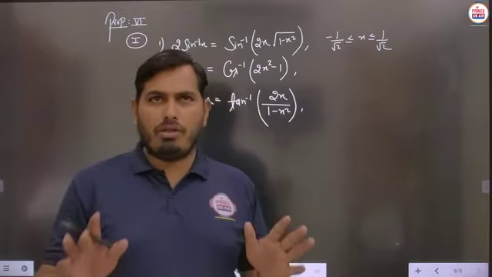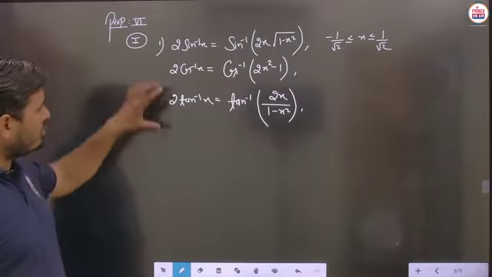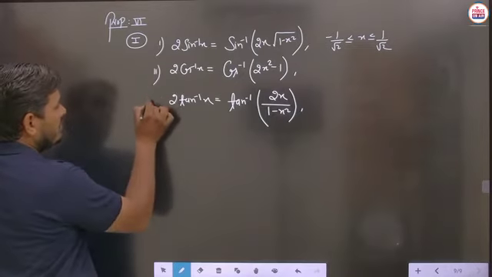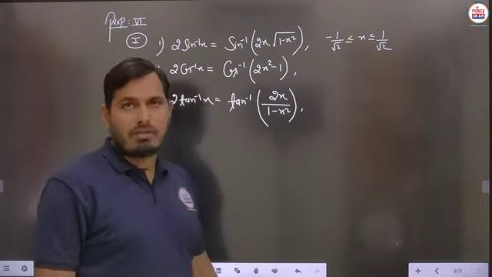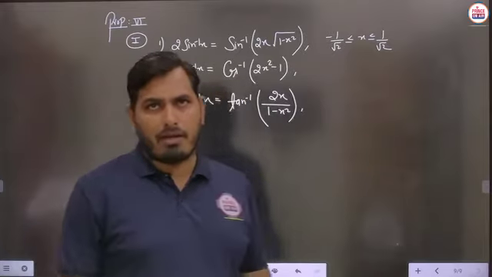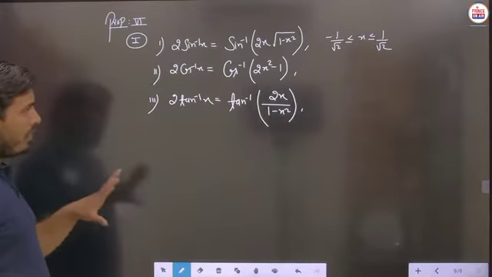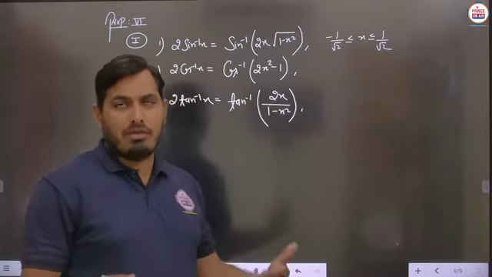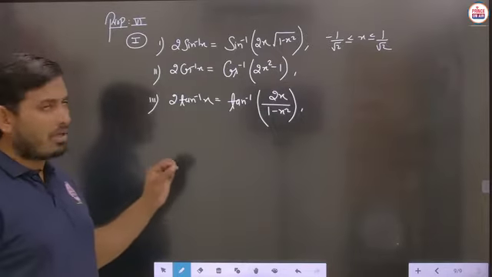So now in the very first section, we will start discussing these three important formulas. First one is 2 sin inverse x, second one is 2 cos inverse x, and third one is 2 tan inverse x, and the corresponding conditions we will also handle here, no problem. So we will start the proof one by one here, and we have to see how and why these conditions are written, and it is a very systematic and simple thing.